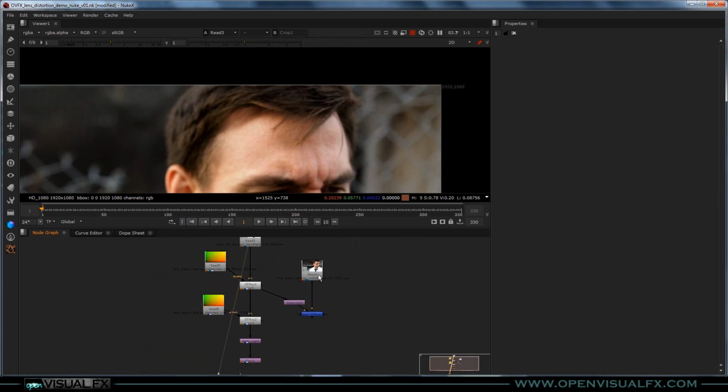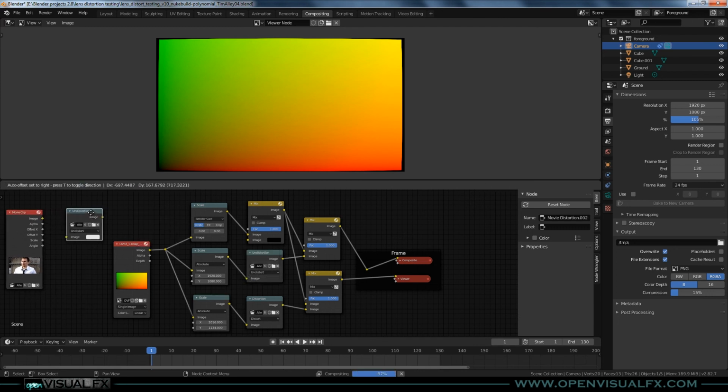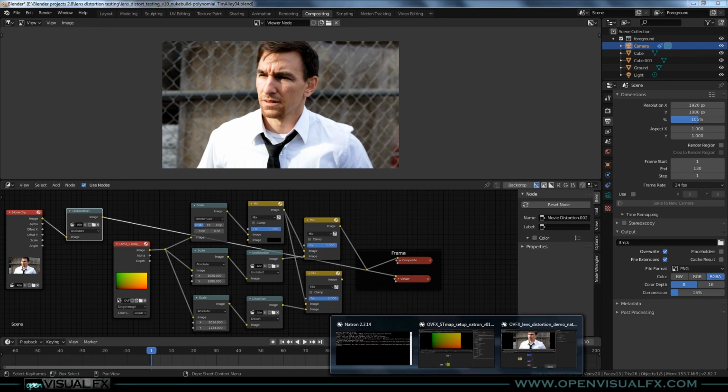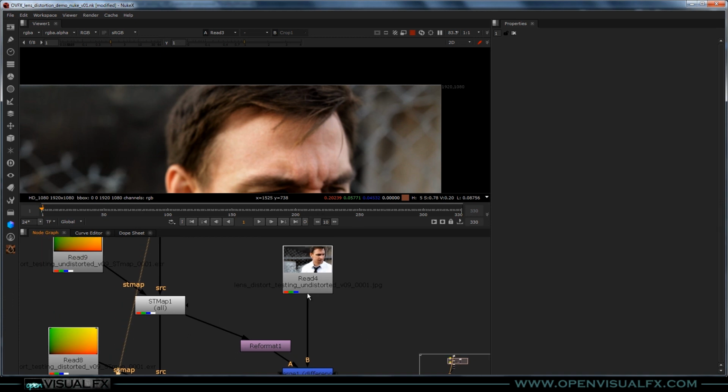And I set this up too. I rendered right out of Blender just to make sure everything was working. Just this and the undistort, right? If I throw this over here, boom, right? Just my footage being undistorted. I rendered out the first frame and brought it into Nuke, Natron, whatever. And if you do the same thing,